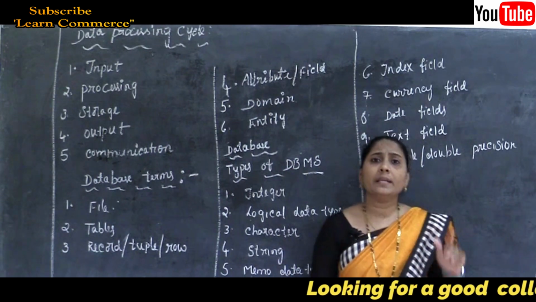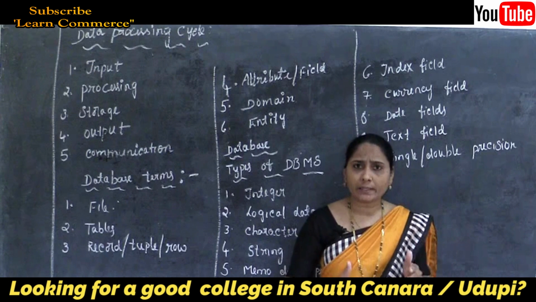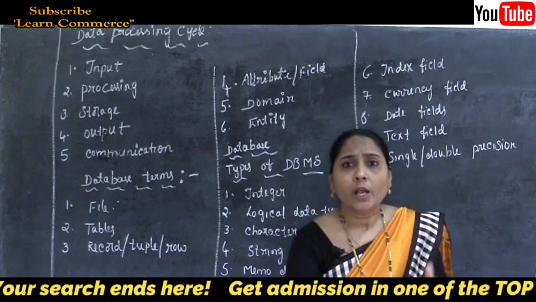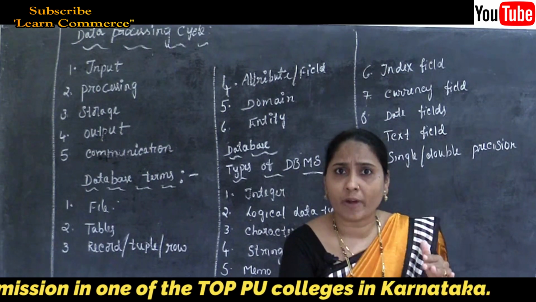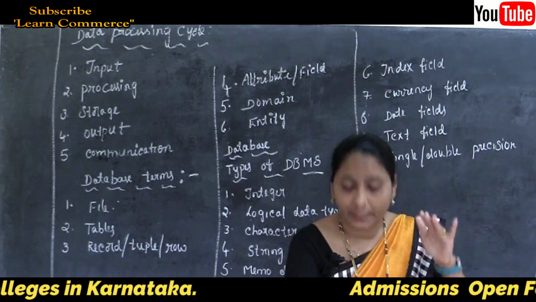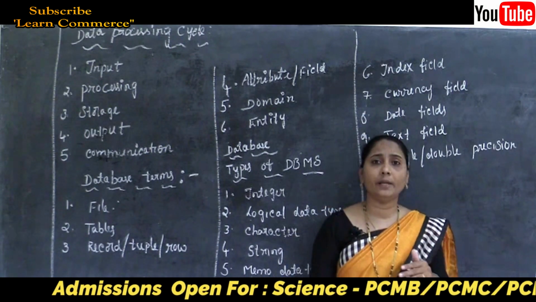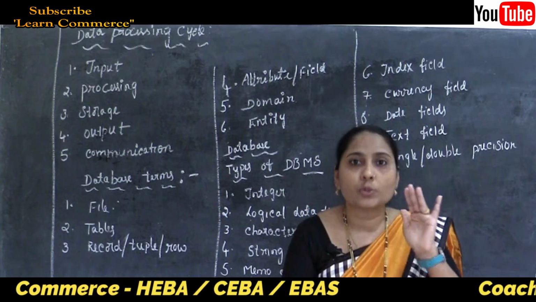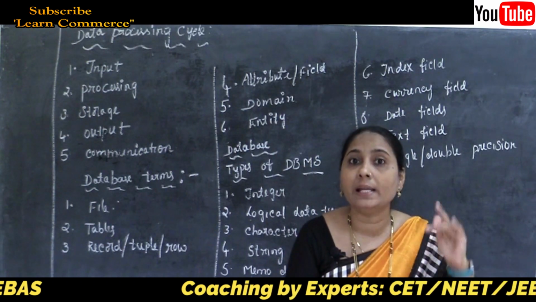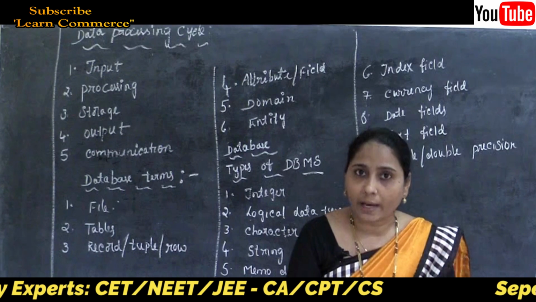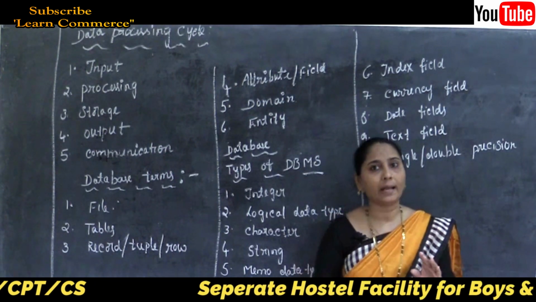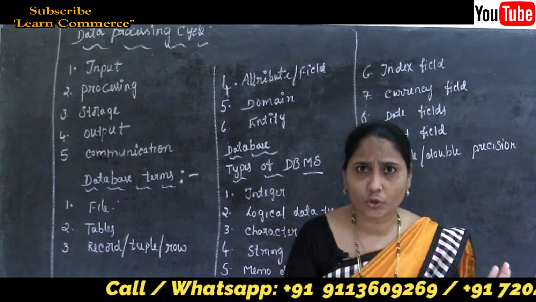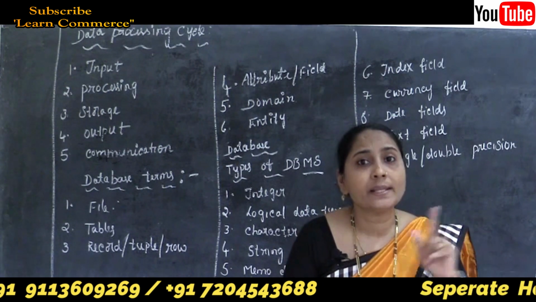So whatever data and information or result we got here, maybe you want to store such a result in some place. Why? Because afterwards you want to use such data. So the data and information not currently being used must be stored in some place so that such data can be accessed afterwards. Correct? So there are two types of storage. What are the types of storage? First one is the primary storage, second one is called the secondary storage here.